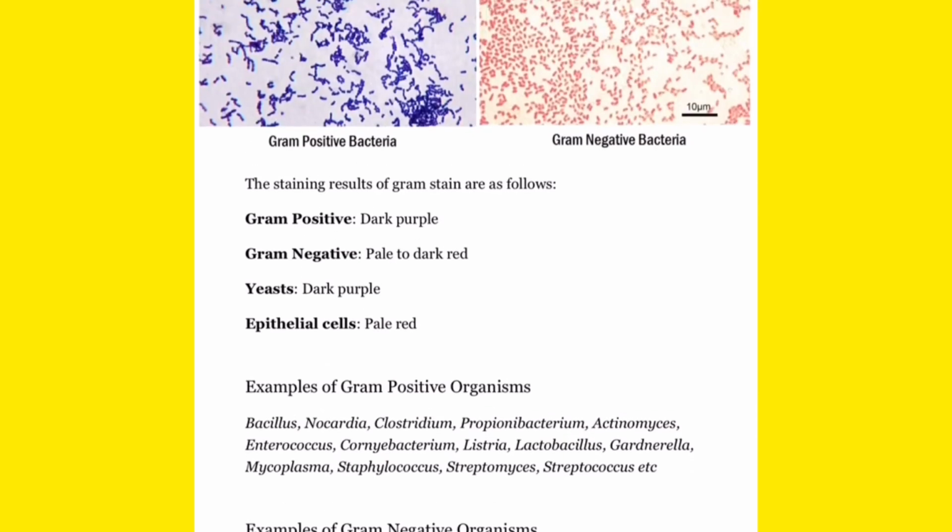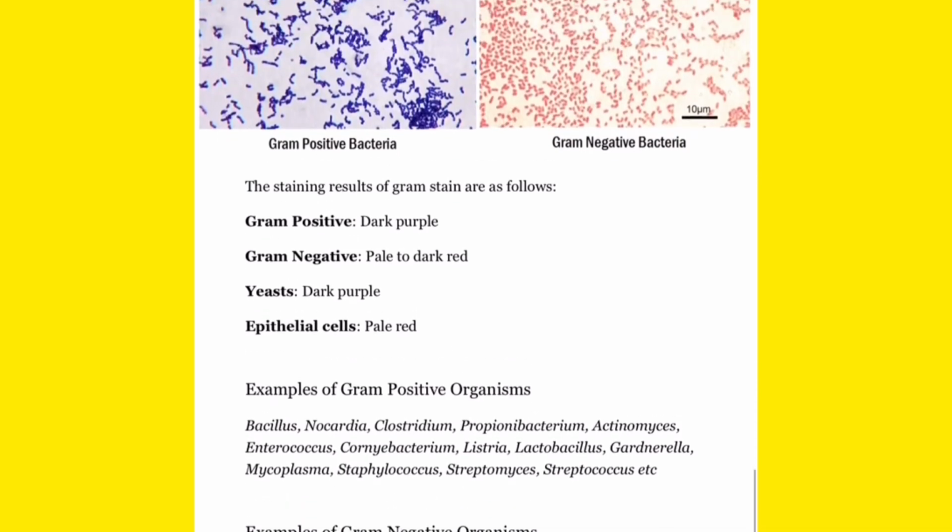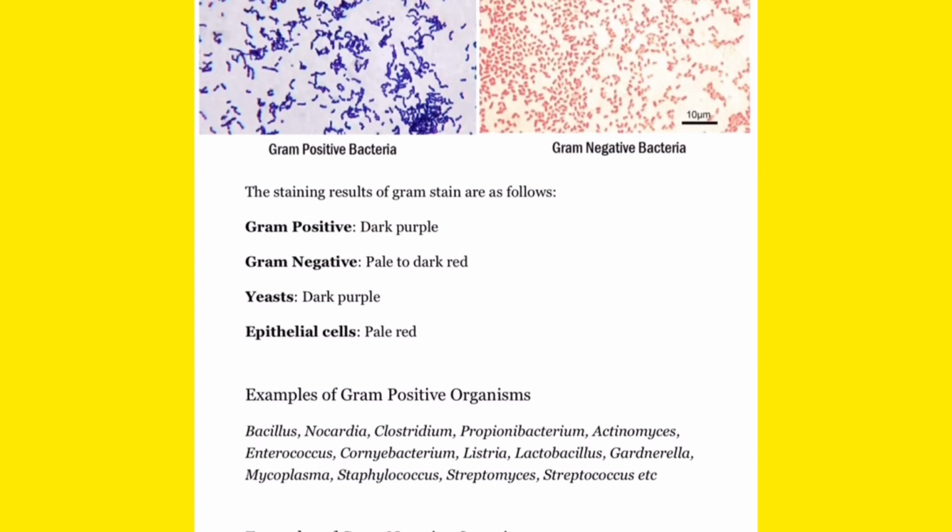You can see these are the bacillus, all the bacillus bacteria. These are mostly gram positive bacteria: Nocardia, Clostridium, Actinomycetes, Enterococcus, Corynebacterium, Listeria, Lactobacillus. Most of these are Mycoplasma, Staphylococcus. Most of the antibiotic producing bacteria are gram positive bacteria, while the gram negative bacteria are Escherichia coli, Helicobacter, Haemophilus, Neisseria, Klebsiella, and most of the infection causing bacteria are gram negative bacteria. I will tell you why gram negative bacteria are more infectious than gram positive bacteria in the upcoming